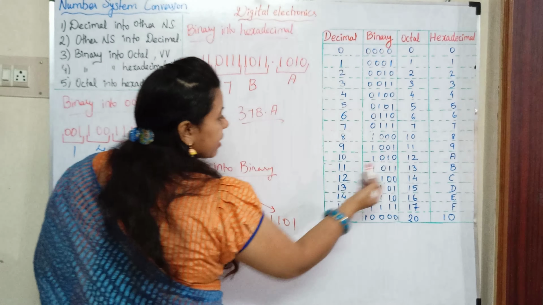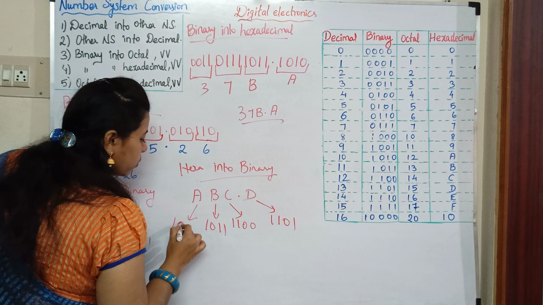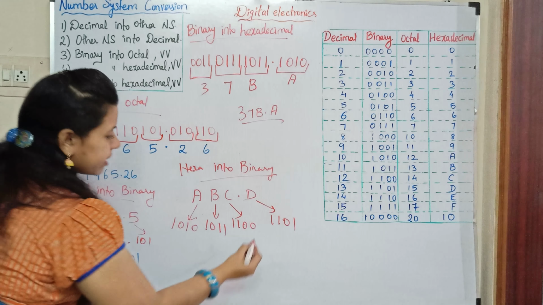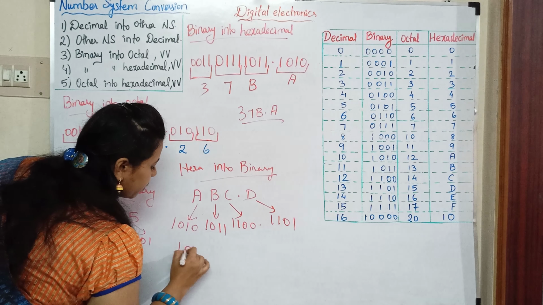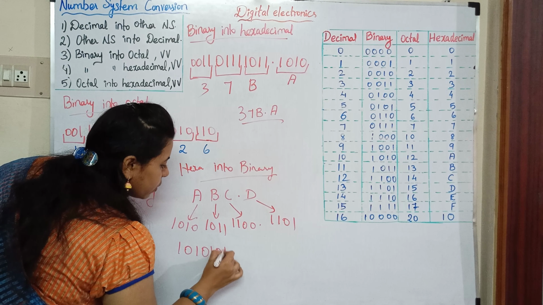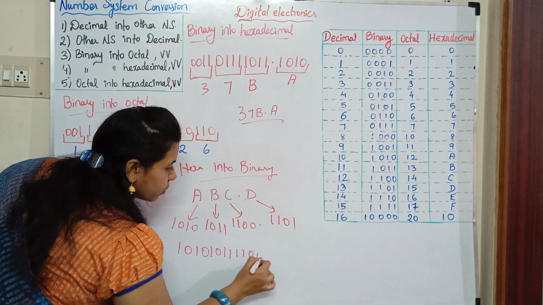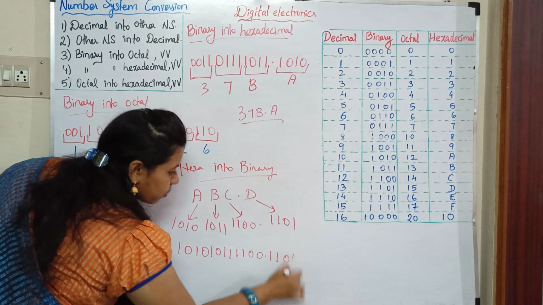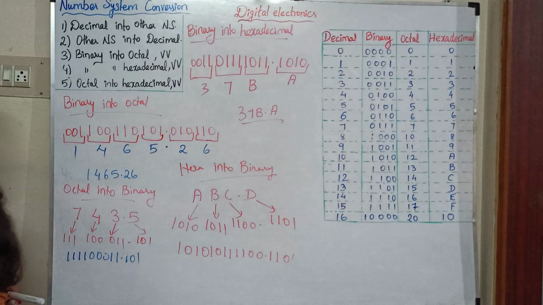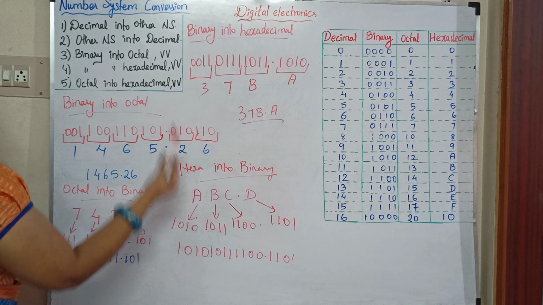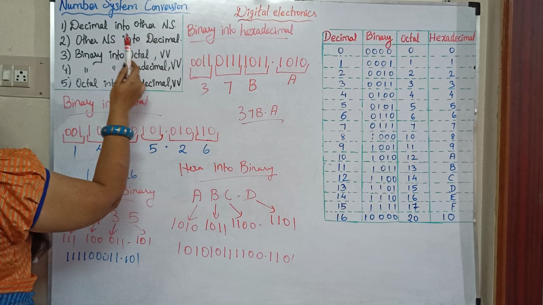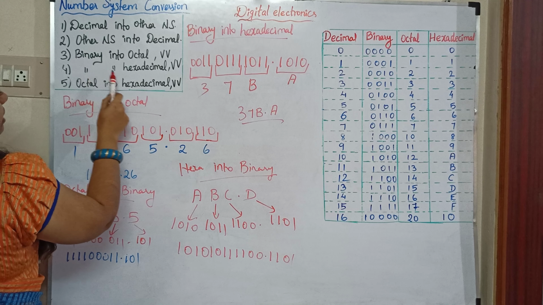And for A, 1010. Okay, here you have point, so 1010 1011 1100 point 1101. Okay, so this is how you have to convert binary into octal, vice versa, and binary into